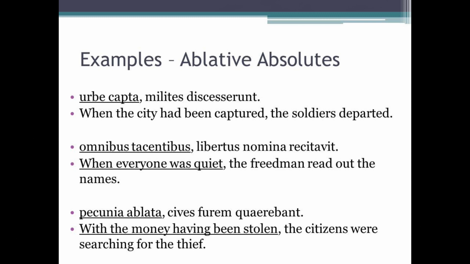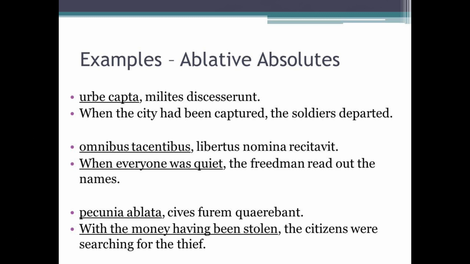Omnibus tacentibus libertus nomina recitavit. When everyone was quiet, the freedman read out the names. Pecunia ablata, cives furem quaerebant. With the money having been stolen, or alternatively, after the money had been stolen, the citizens were searching for the